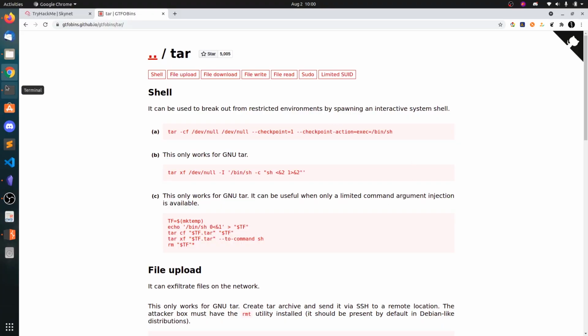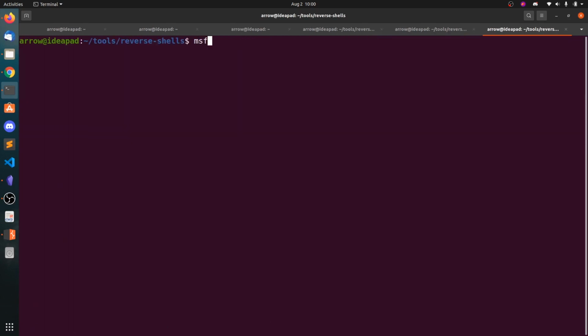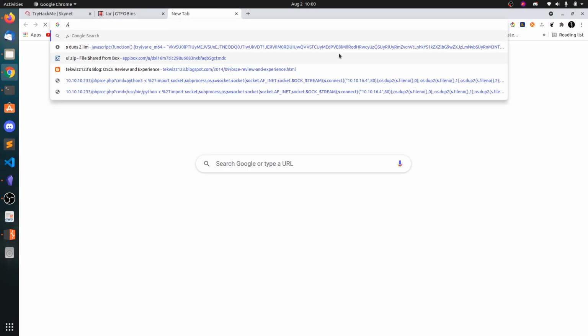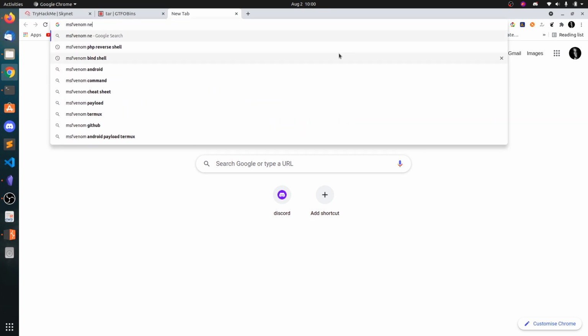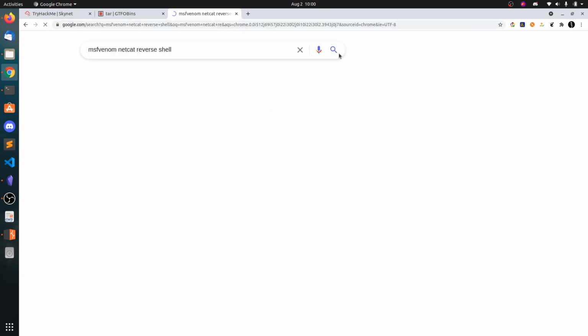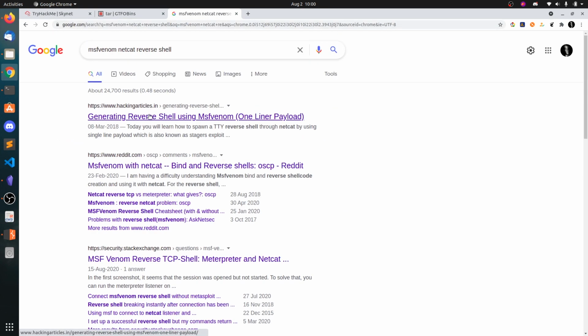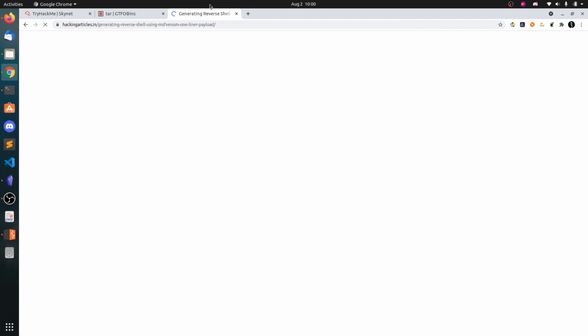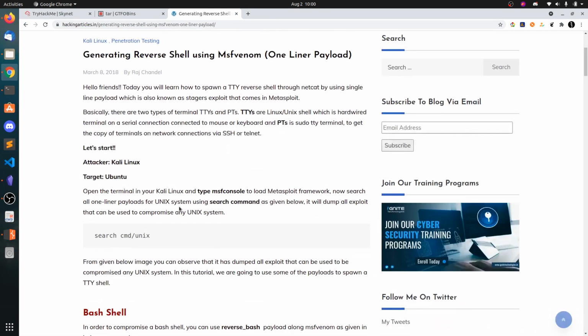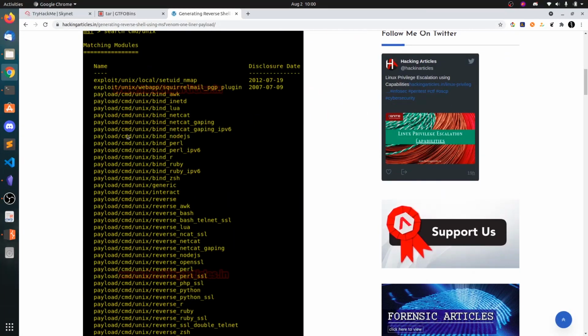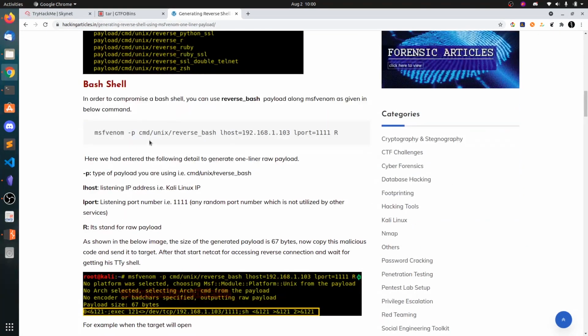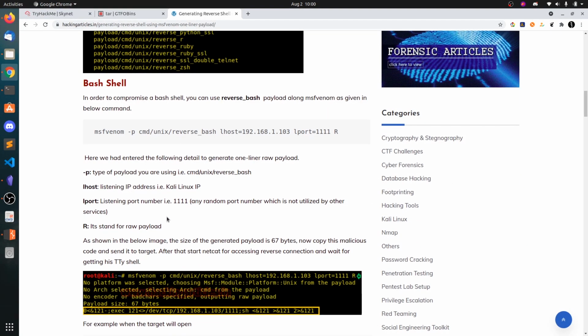Before that, what we can do is create a reverse shell with MSFvenom. I forgot the MSFvenom netcat reverse shell payload. I think, okay, cmd/unix/reverse_bash, not reverse bash.